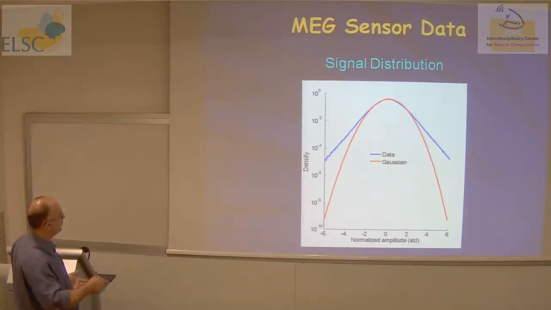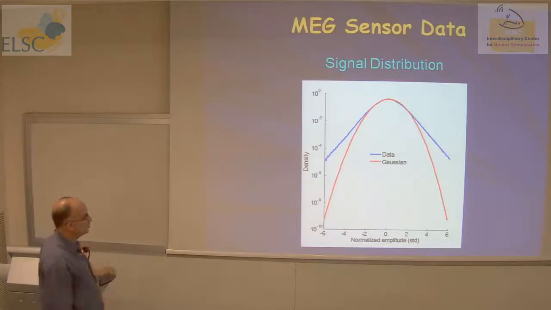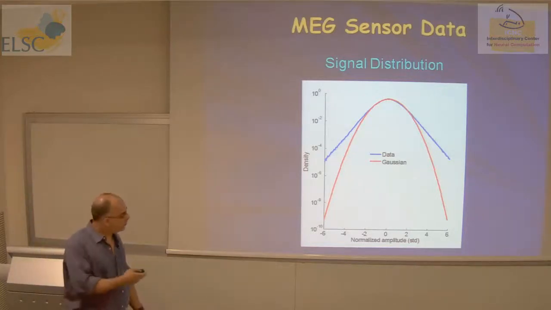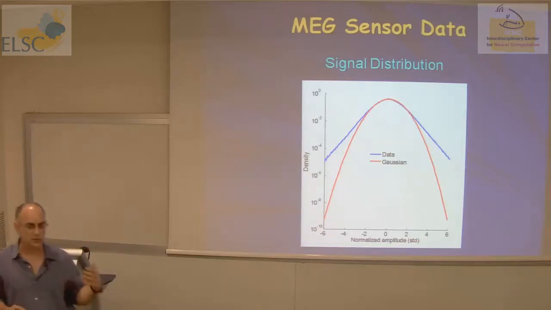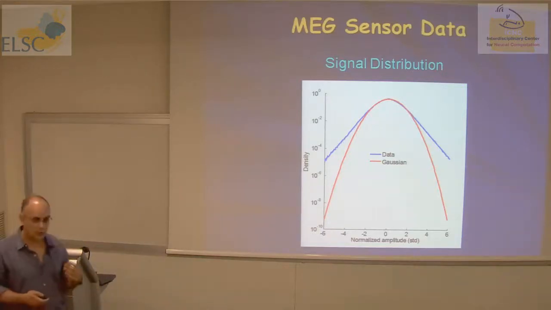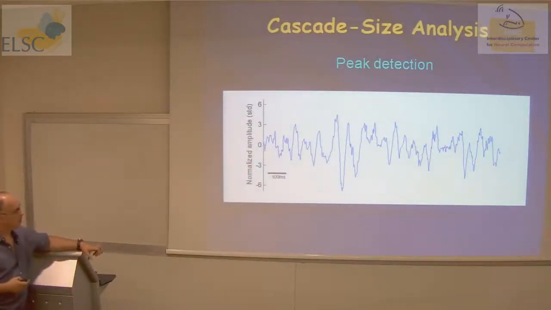Maybe they don't have this kind of exponential falloff here, but slightly above, slightly below. But all of them are very different from the best-fit Gaussian. And you can see that at about 2.5 standard deviations or more, this deviation is quite large. So why is it important for us? Because the next stage, or what we do with the data, is we first sample it to a discrete point process.